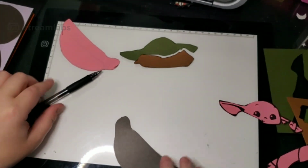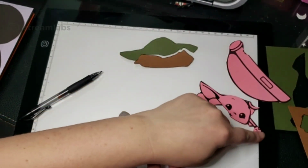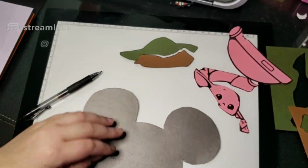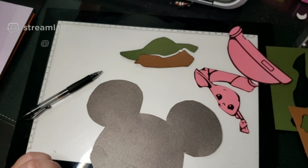All right. There we go. Oh, there's the little hand. That's the little hand I missed. All right, we'll come back and get that. So here's our little ship piece. There we go. All right, so what we're gonna do...